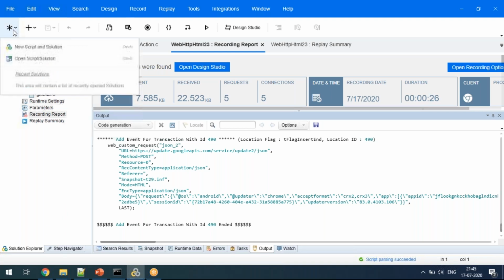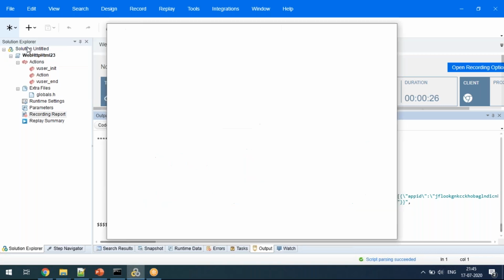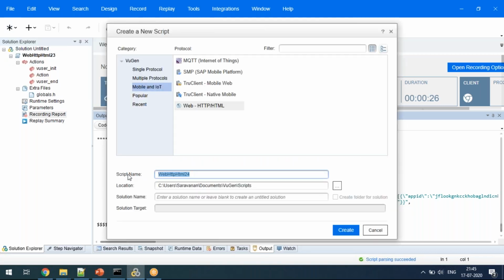So in LoadRunner, today I'm going to show you mobile HTTP recording. Under mobile IoT, there is a web HTTP HTML protocol, right? I don't know, this is the 2020 version, guys. People may use a different version, and for them this may have a different name.